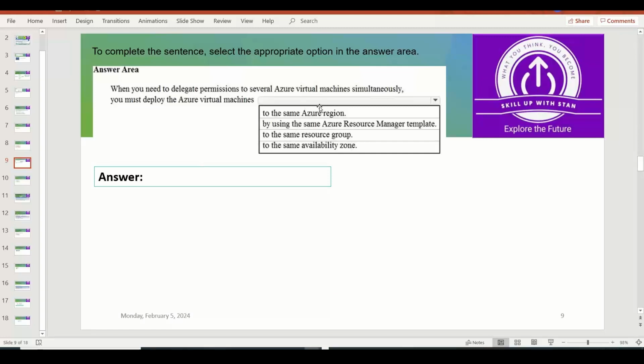Okay, so if you are combining them in the same Azure region, so we are just adding it in the location. That doesn't help us to delegate the permission initially. So the next option is by using the same Azure Resource Manager template. So we can standardize and create the same set of configurations, or we can follow the same set of standards when you are deploying it through the template, but it is not going to help us with delegating the